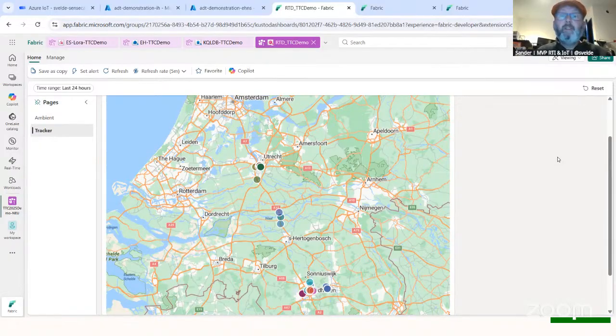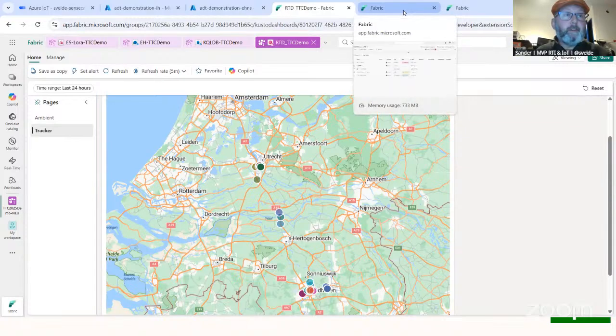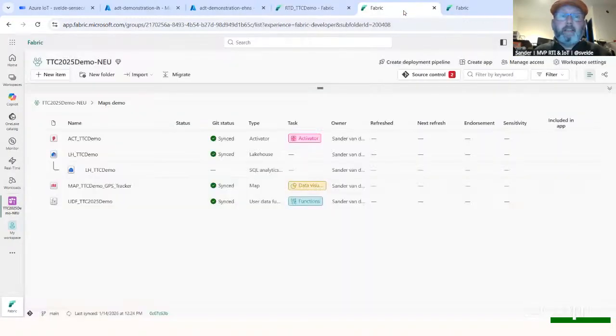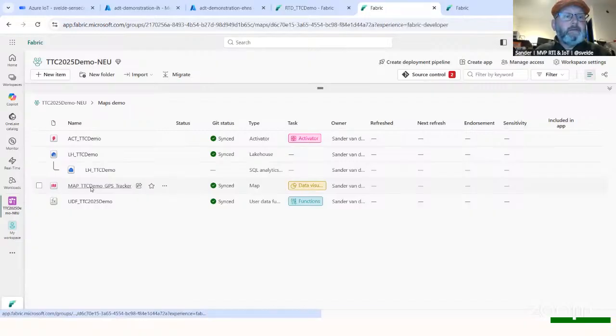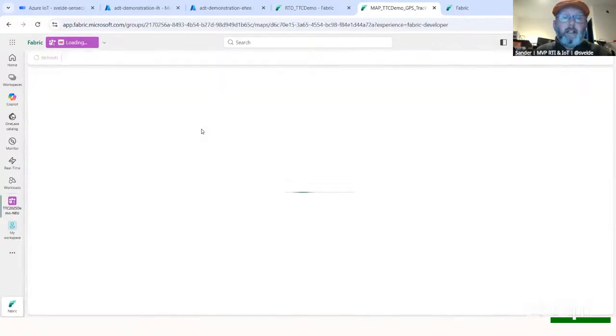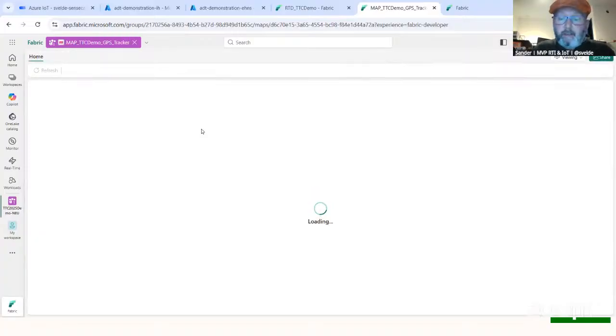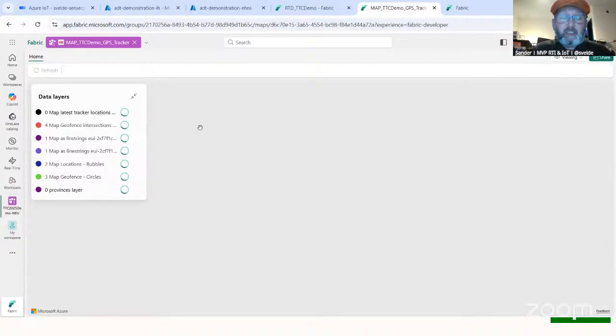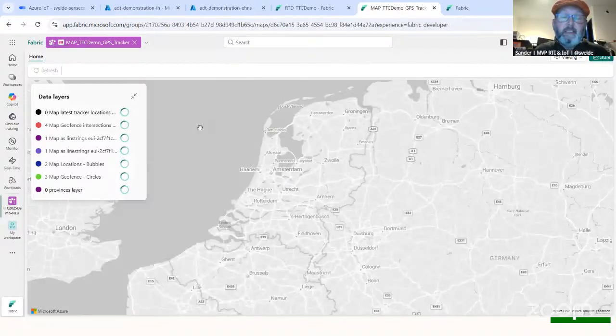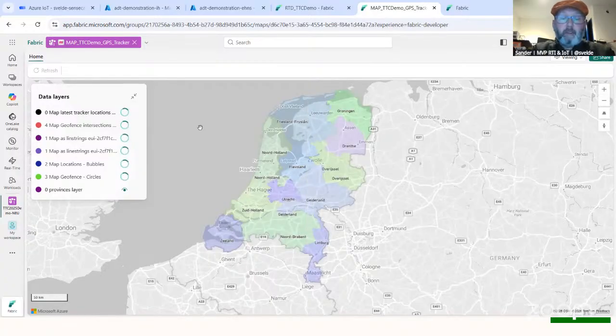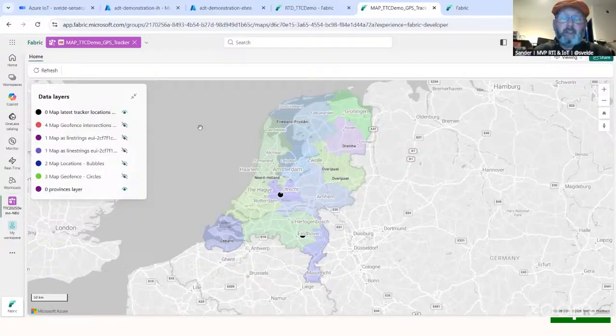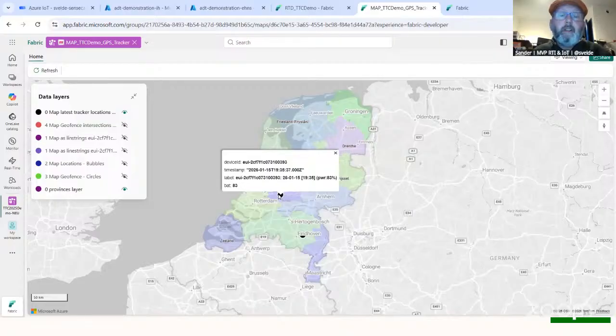But we want to do really cool stuff with maps, and for that, I created a map like this one. And it has to refresh. This is in public preview, so sometimes it glitches a little bit. Let's hope it works as expected. And this is the map component that we have in Fabric Maps. I can add a nice background with colors, in this case for all the provinces. That's something that I got from a set that I found on the internet. And we see the current location of the two trackers. So my son is still there,